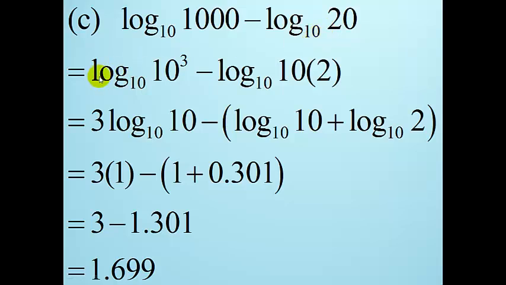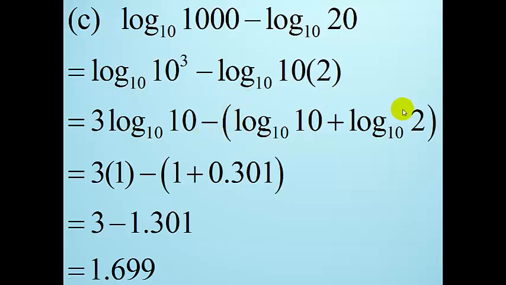Now C, log 1000 to the base 10 minus log 20 to the base 10. 1000 can be expressed as 10 raised to the power 3, and 20 can be expressed as 10 times 2. According to the third law, the exponent 3 can take its position before the logarithm. And so log 10 raised to the power 3 can be expressed as 3 log 10 to the base 10